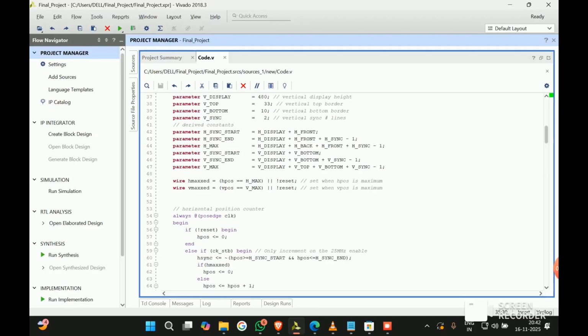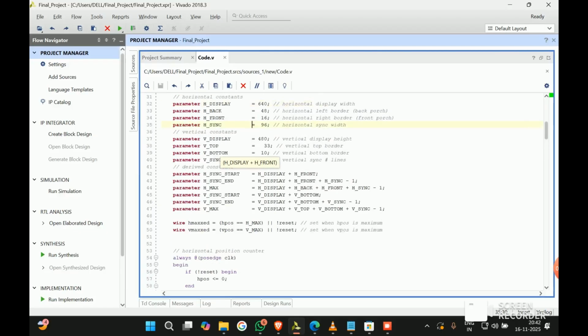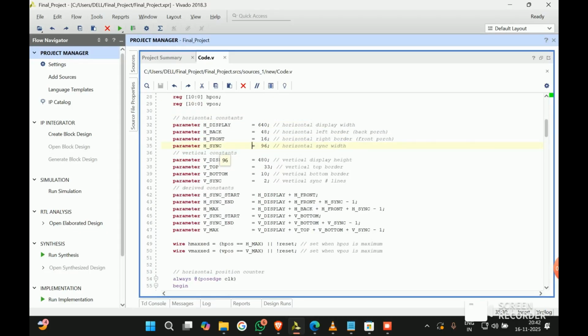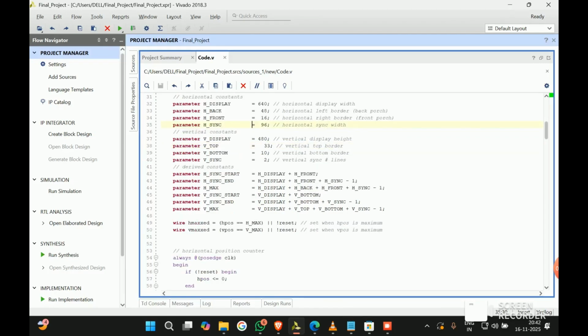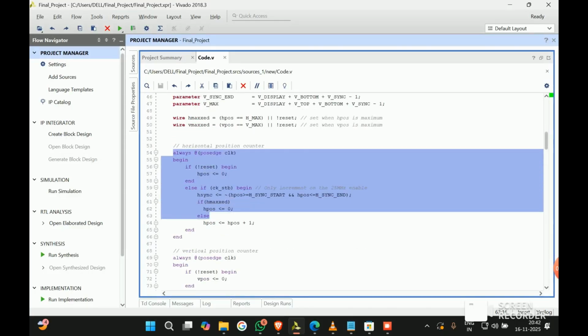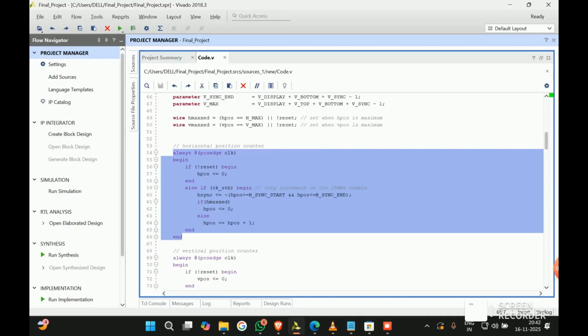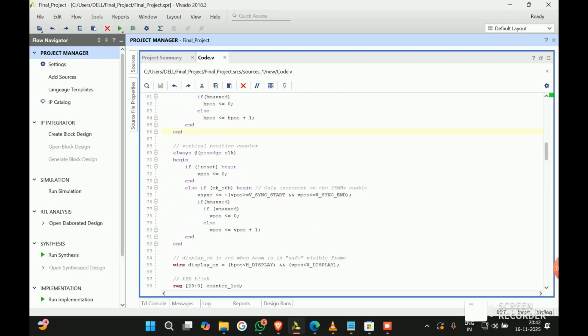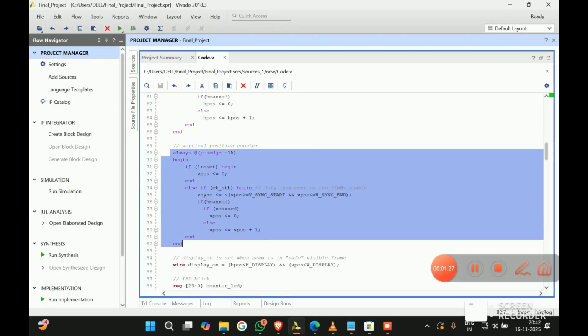There are other parameters which also ensure that we have the correct timestamps for the sync signals starting and ending for both horizontal and vertical, and maximum values of these signals. So essentially we have a width of 800 pixels, which are just clock signals for the horizontal display as shown, which is the sum of all these. Similarly for the vertical one. So this is essentially the signal which helps us draw the horizontal signals. This is the one for vertical signals,